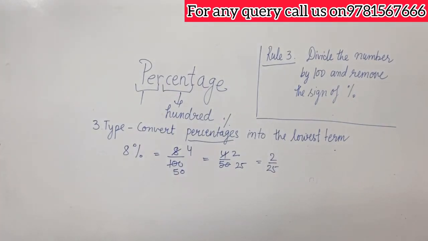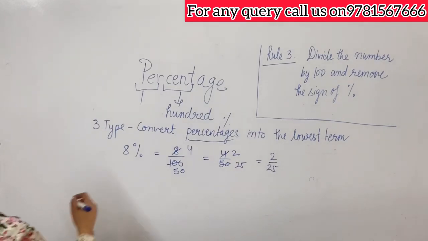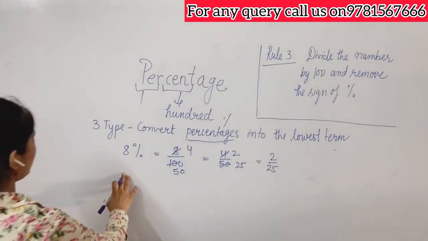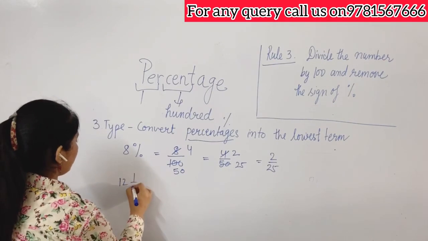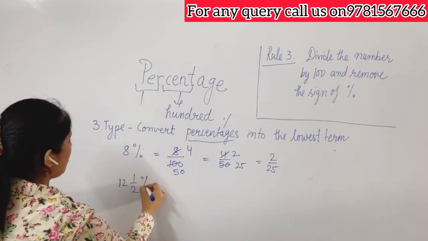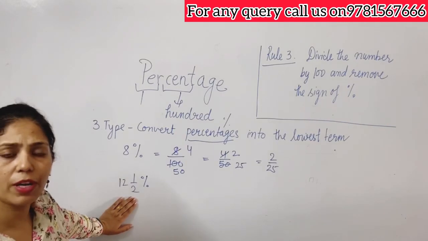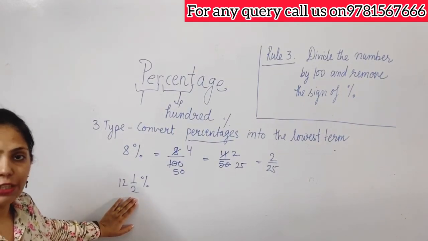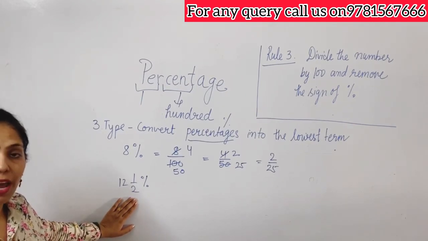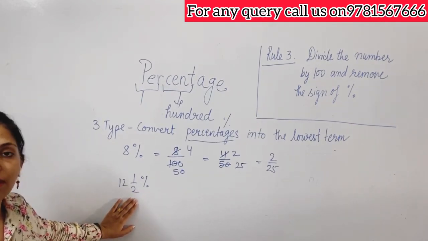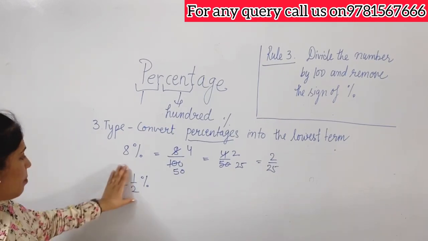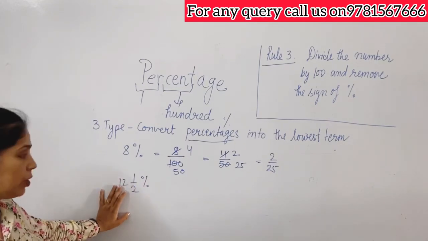Now let's take another example. I'm taking all the typical examples; the easy questions you will do on your own. So I'm taking a different sum now. Here a mixed fraction is given. Do you remember what mixed fractions are? How to convert that into an improper fraction? Yes, wherever the numerator is greater than the denominator, that is called an improper fraction. So this is a mixed fraction, and first we need to convert it into a fraction.